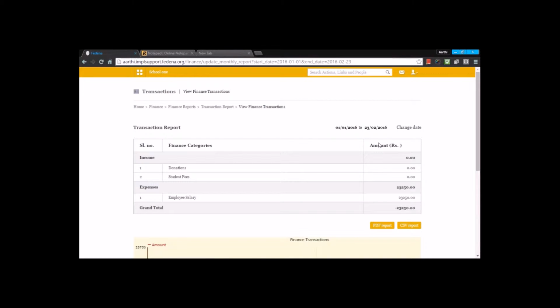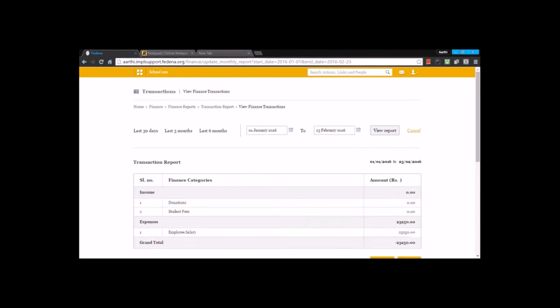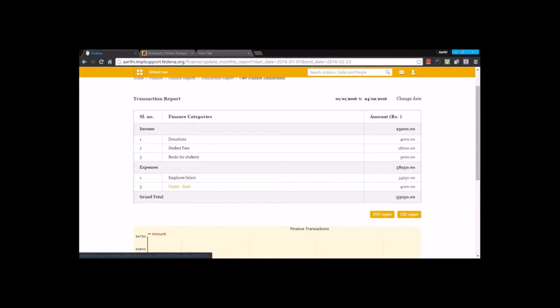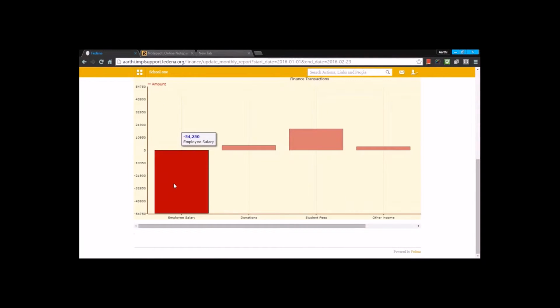Now you can have a look at the report, which shows the donations, the student fee and other income. And apart from this, the expenses are displayed below, which shows the salary and other expenses that I've added. So now by going below, you can see a graphical representation that shows the various expenses and income that the